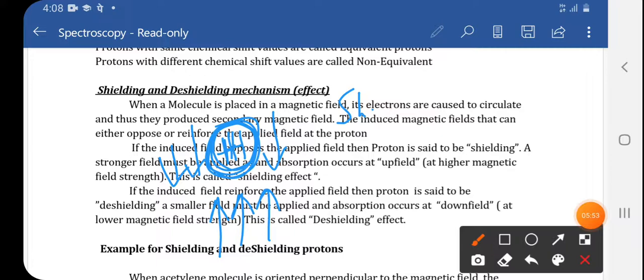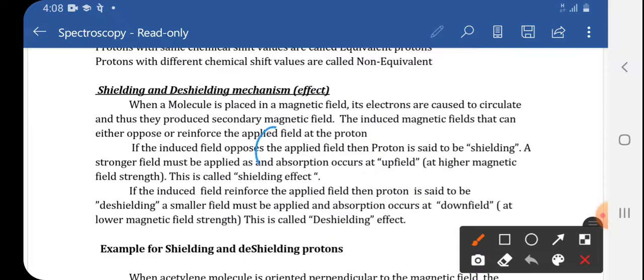This proton is said to be shielded because it is covered by this secondary magnetic field. That means this proton feels less external magnetic field, so it is said to be a shielded proton. Otherwise, when the compound or proton creates a secondary magnetic field with a direction like this,